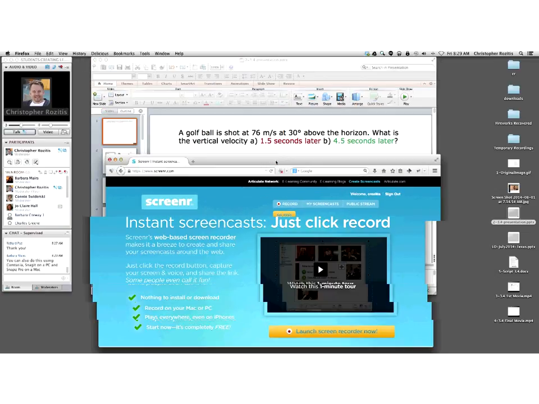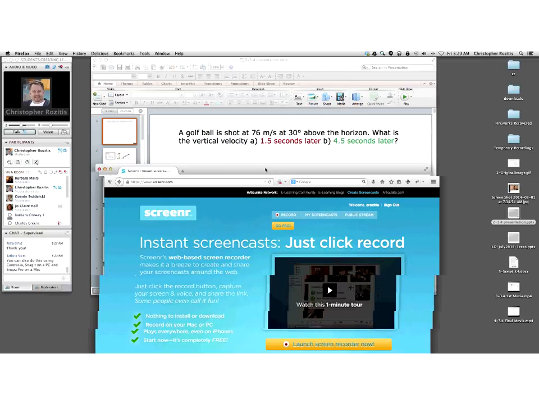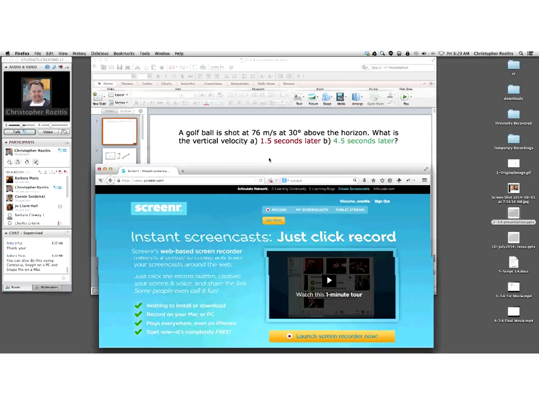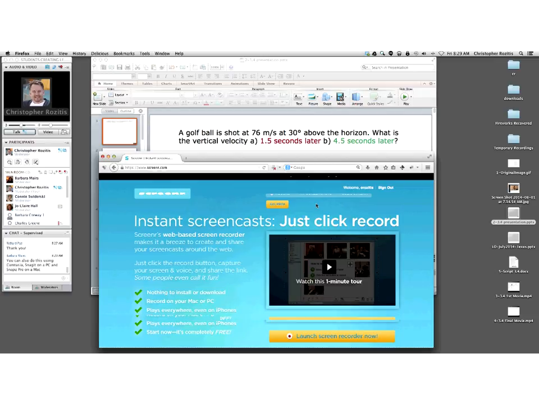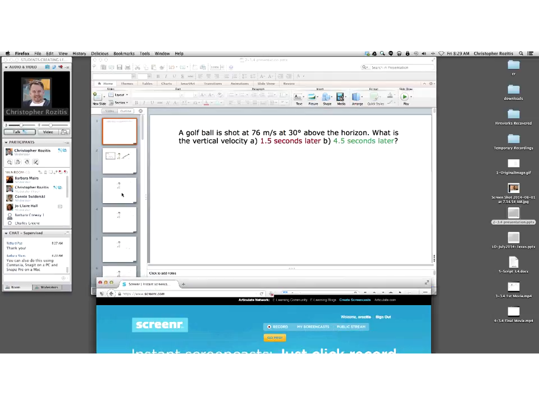And therefore, a few years ago, as with Snagit and Camtasia, I'm trying to look for things that are free for students to use. And so I'm directing students to use Screener right now. And so what I have, so the students,